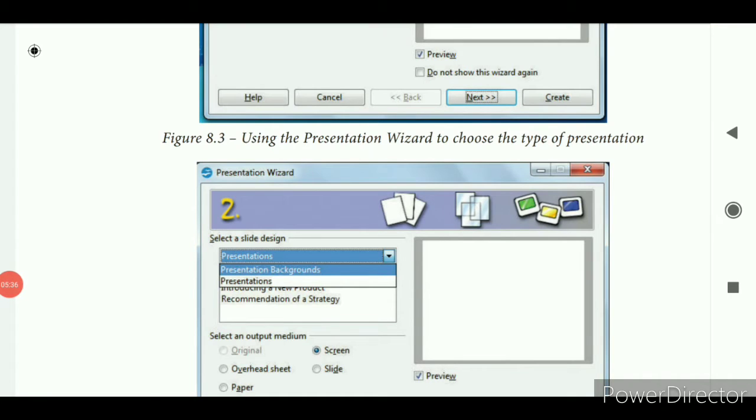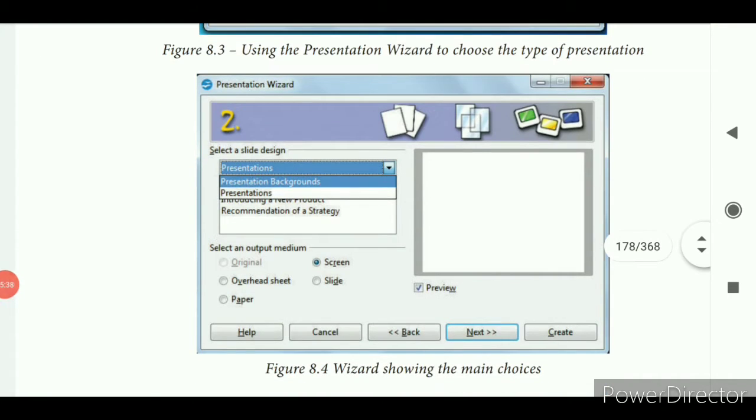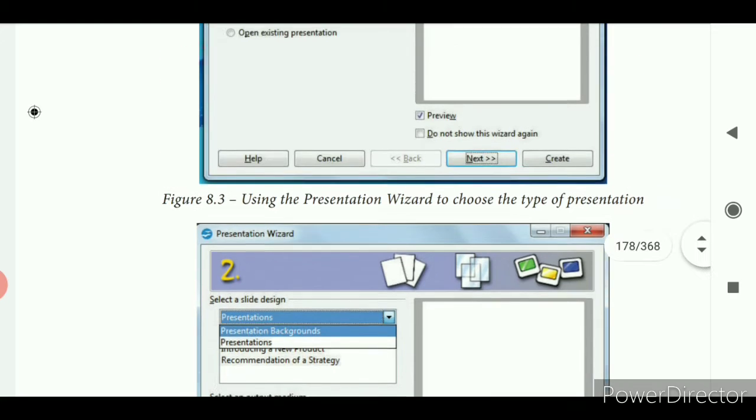So the moment you click next, the next window will appear. The second presentation wizard window will appear. Here you have two options, presentation backgrounds and presentation. So these two options have their own list, okay. So here you see,